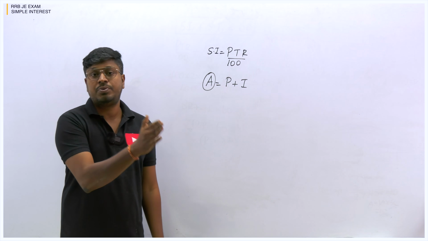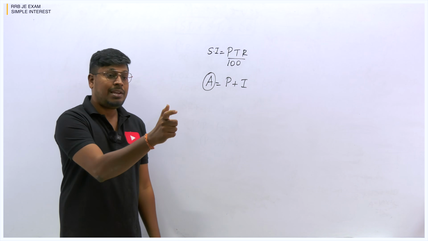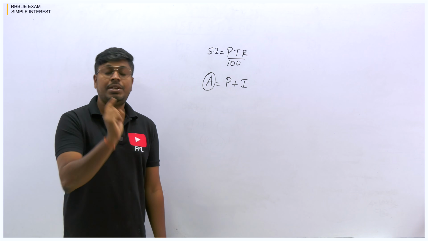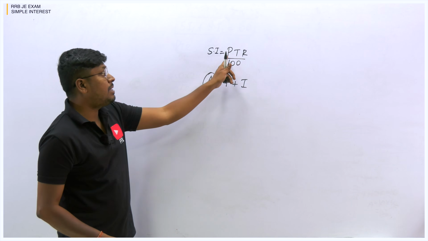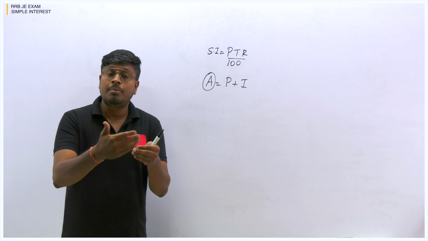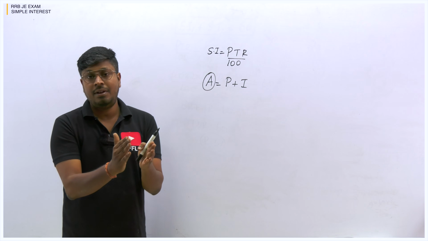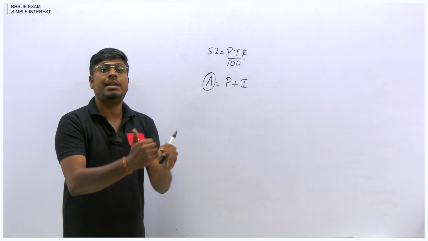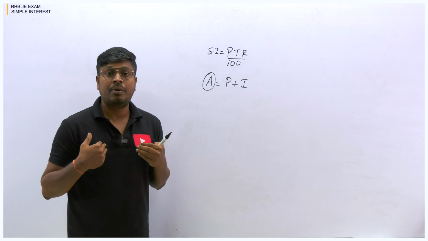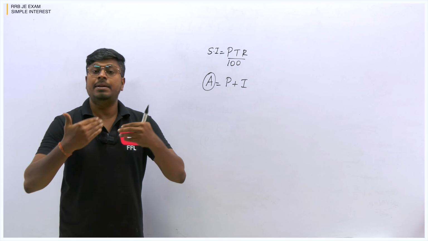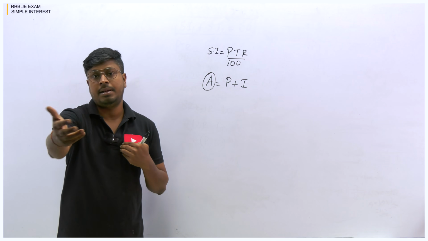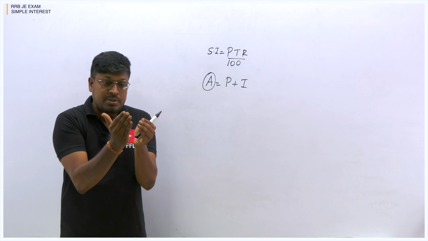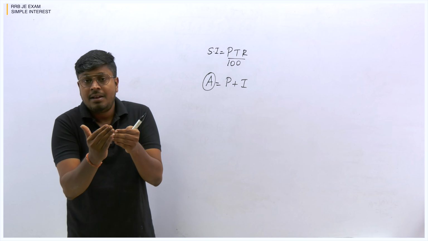The usual problem students make is that they don't know which value is the principal and which value is the overall amount. That is the main area where students make a mistake. Instead of principal, they substitute the overall amount, and instead of overall amount, they substitute the principal value. So be careful. If a person takes a loan from a bank, or borrows some money from another person, for example, I am borrowing 1000 rupees from you, which will be the principal for me? For you also it is the principal, because you are giving 1000 rupees to me. I am newly getting 1000 rupees from you.